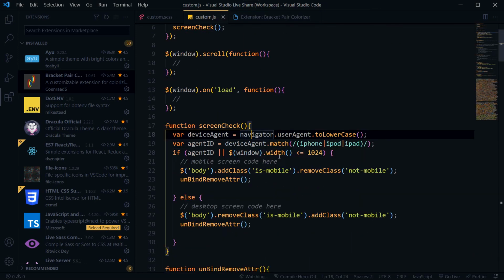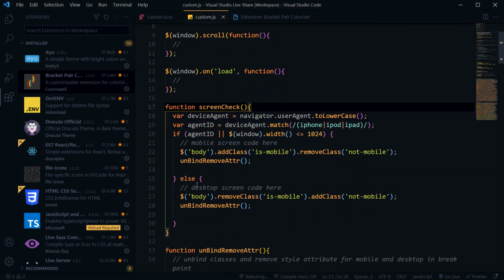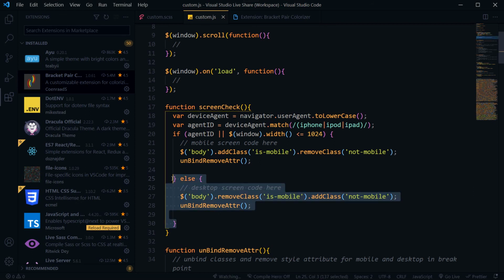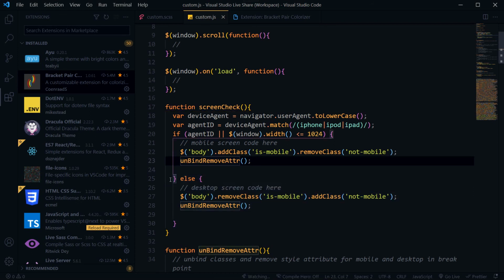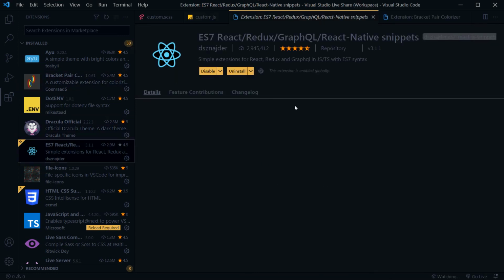This extension is useful and it colorizes these brackets and adds more simplicity to syntax highlighting. And I have got this .env extension, and this is the Dracula Official theme, for React and Redux, GraphQL, React Native. I have got the snippet extension,